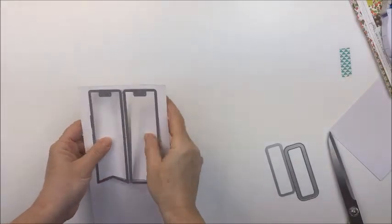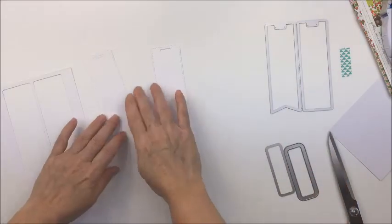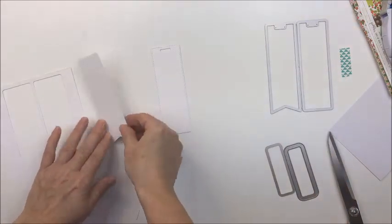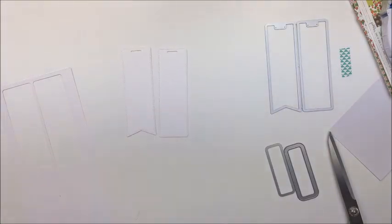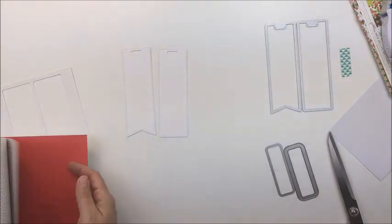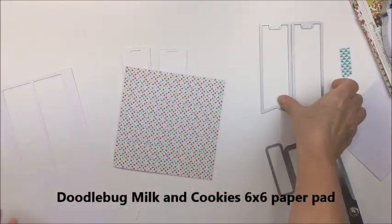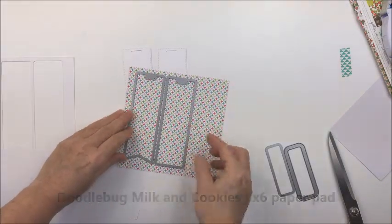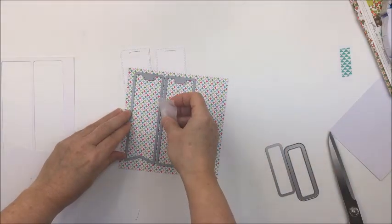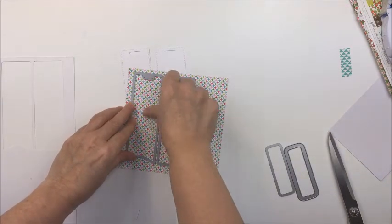And I'm going to just take these dies from the Tall Tag Duo, and I haven't taken them apart yet, so I'm going to cut 2 at once, and I'll just stick that second one in my stash and use that later. I'm going to use the one with the banner or flagged end on it, and I'm going to just use this really cute paper pad from Doodlebug's Milk and Cookies to create the front of my little stocking stuffer. So I'm just going to run these through my Big Shot,